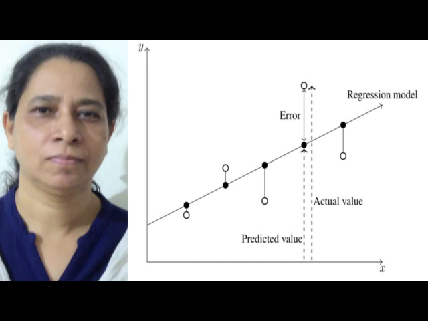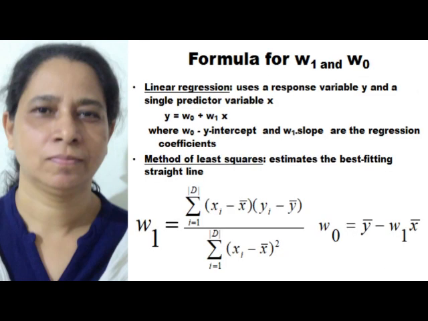To estimate the equation of such a line, y = w0 + w1x, we are actually finding out the coefficients w0 and w1. These coefficients can be solved for by the method of least squares, which estimates the best fitting straight line as the one that minimizes the error between the actual data and the estimate of the line. Now we will see the equations for